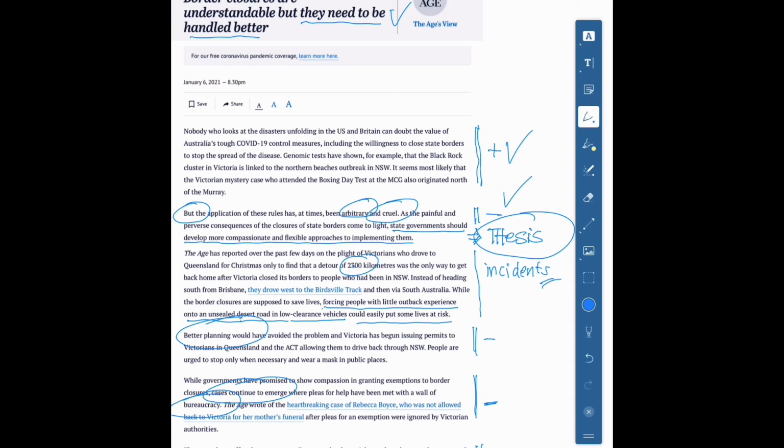Here, paragraph 3, paragraph 4, and paragraph 5 are some examples of the incidents where people find difficulty when they are already at the borders of the states. And paragraph number 6 here is also